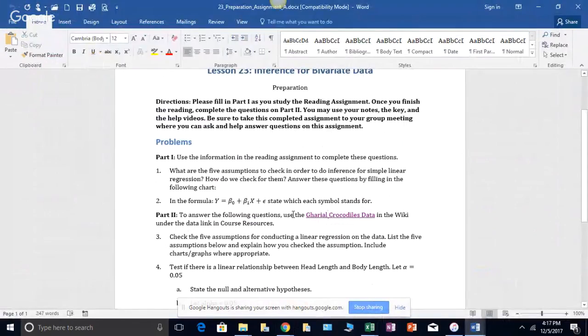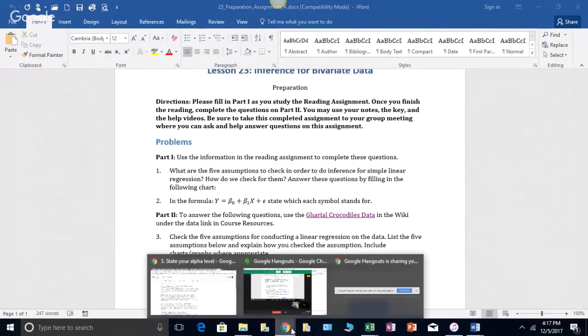All right, what are the 5 assumptions to check in order for the inference for simple linear regression? How do we check them? Answer these by filling in the chart. So what I did was as simple as